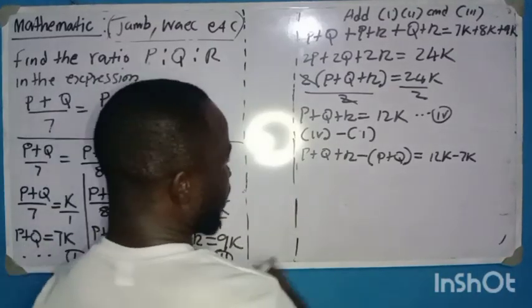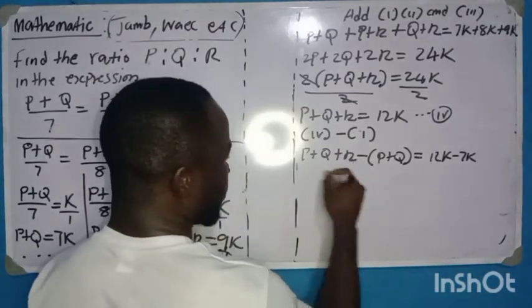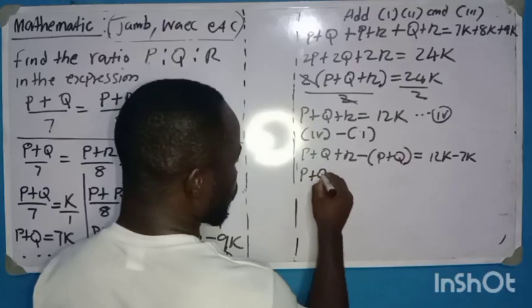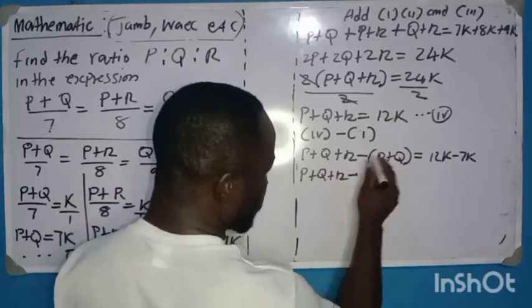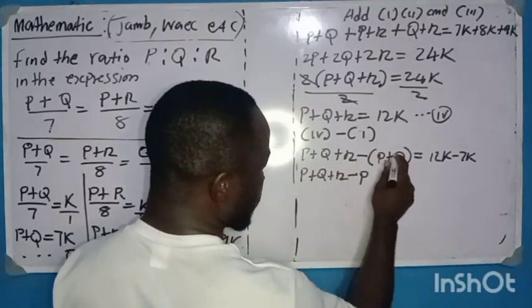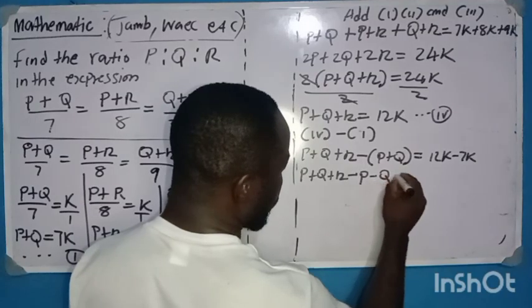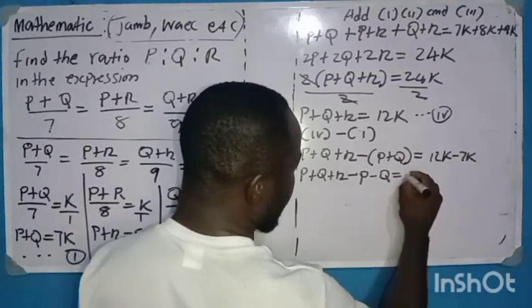If we do that, note that if we open this bracket, it's going to be affected by this. So let me simplify here. P plus Q plus R will be minus times P will have minus P. Minus times plus Q will have minus Q. Will be equals to 12K minus 7K. That is going to give us,